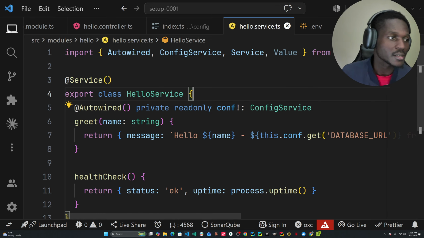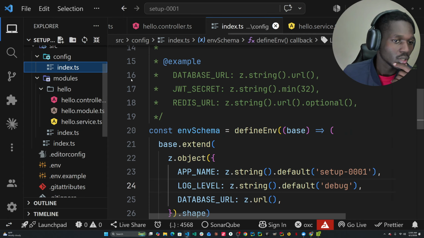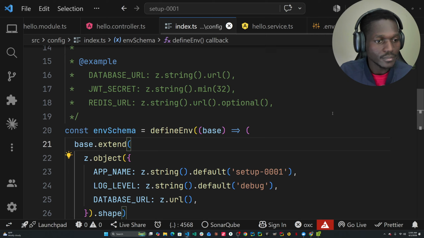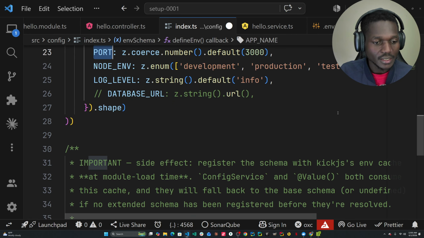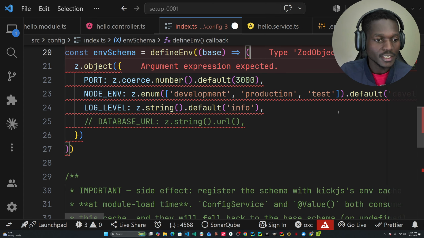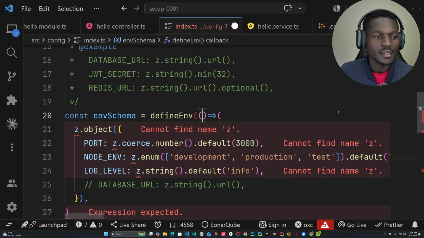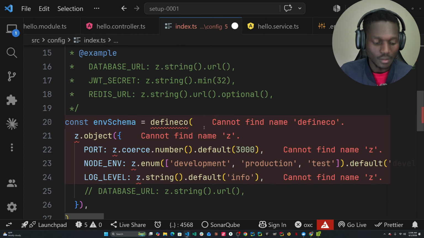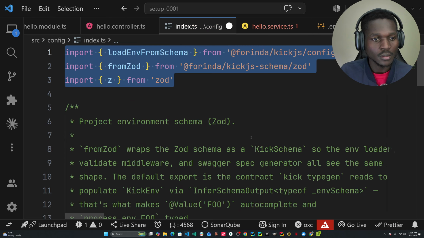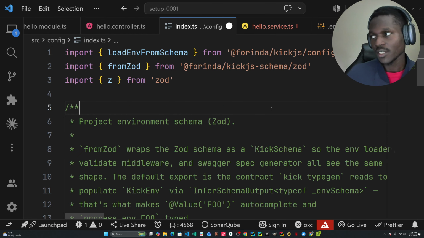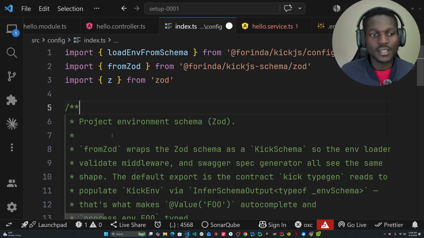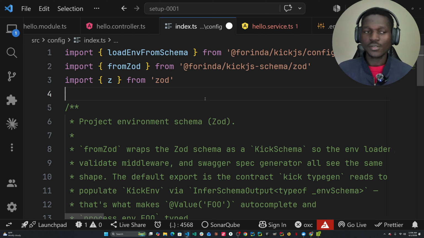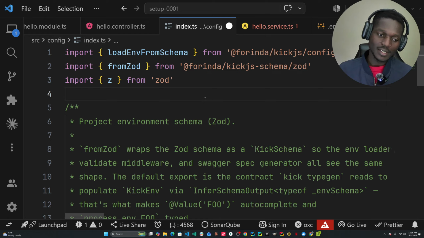Let's go back to our configuration and revert everything to the way they were initially. Then you'll see what changed. So what's changed here? What's changed is now we are not tying everything to Zod. Okay, it's loosely tied to Zod. We can use 3 schema generators, that is either Yup,